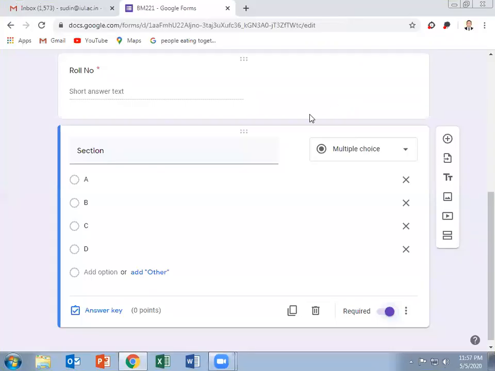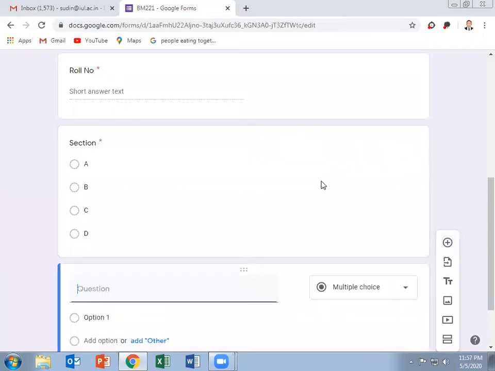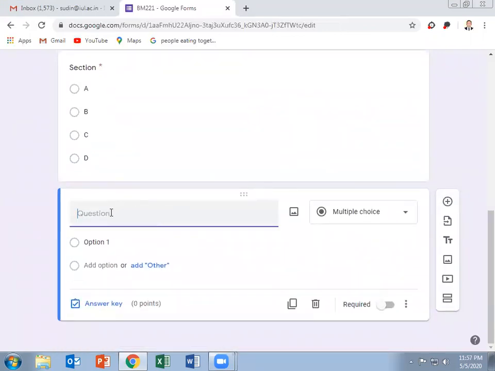Let us take an example and find out how we can develop questions on a Google Form. We have to press here. The plus sign means we can add one more question. Here we can add. Then, for example, let us ask the students an MCQ in which they have to identify the country whose flag image is mentioned.